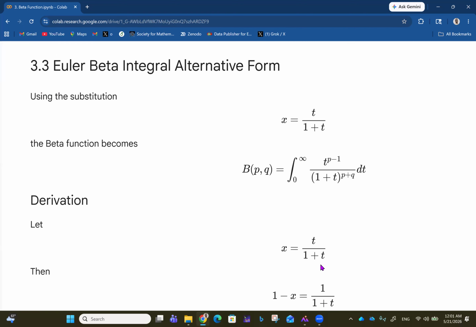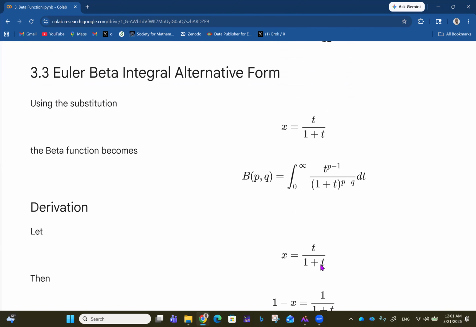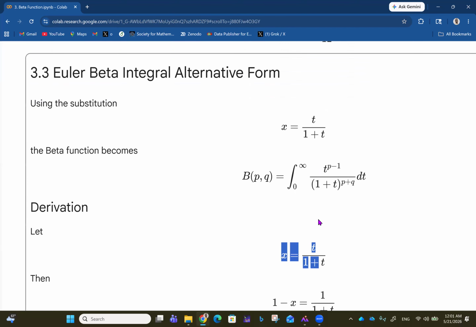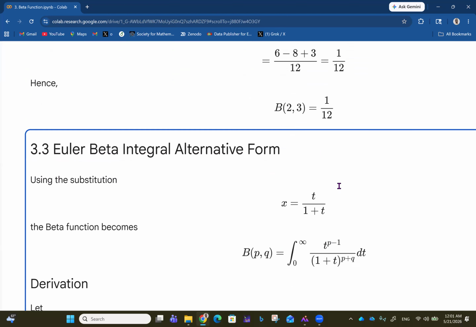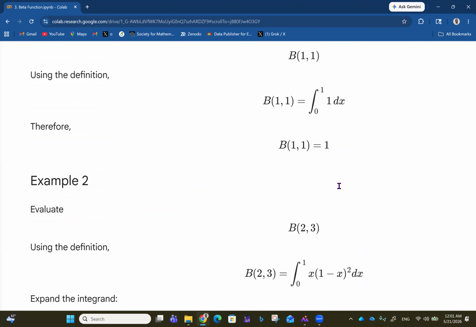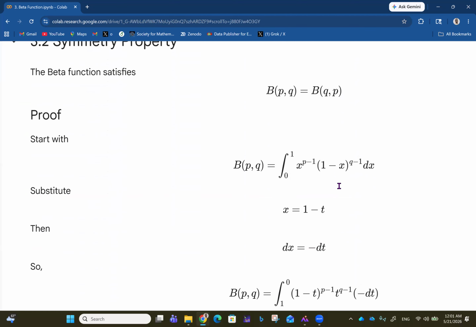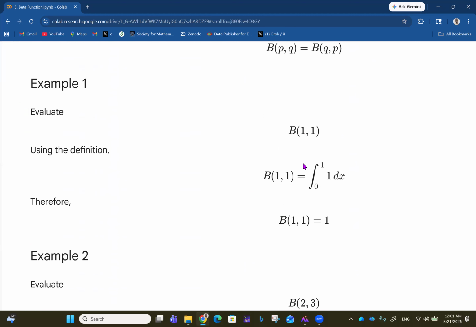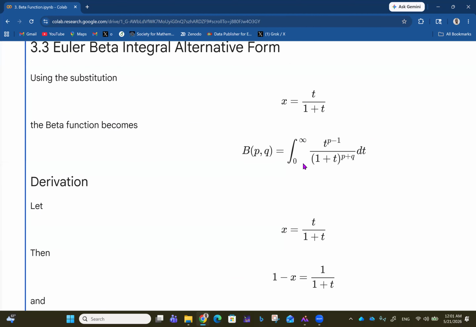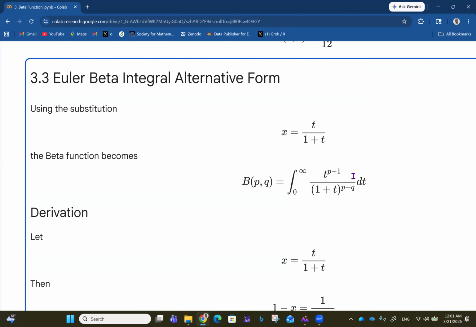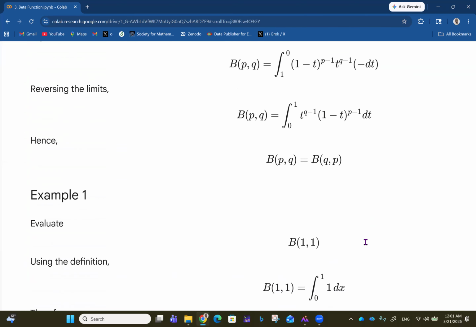Now we then have the Euler beta integral alternative form. Which alternative forms can we have for this? Using the substitution x equals t over 1 plus t, the beta function then becomes beta of p comma q equals, so now the x you should have normally, this x now takes another form, which is t over 1 plus t. I think I need to write that out. So look at the general form